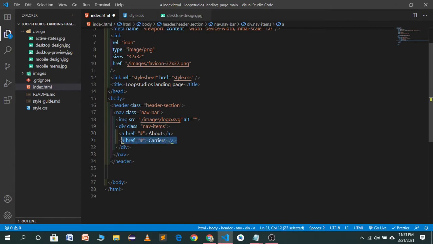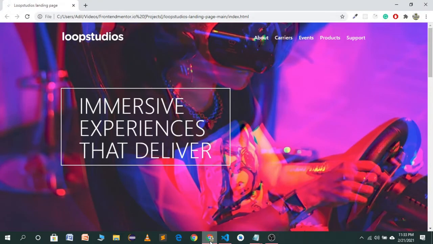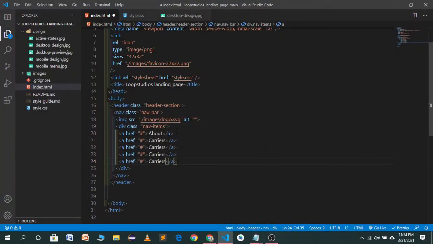So copy this one and repeat it three times. The third is events, the fourth one is products, and the fifth one is sport.